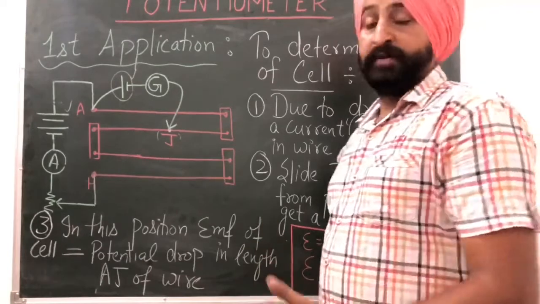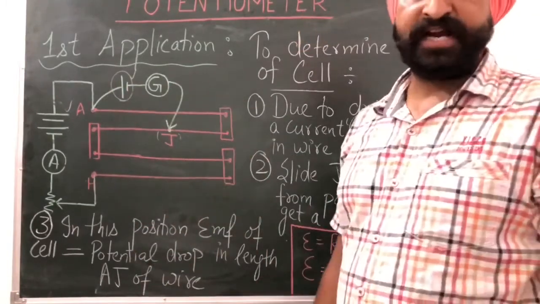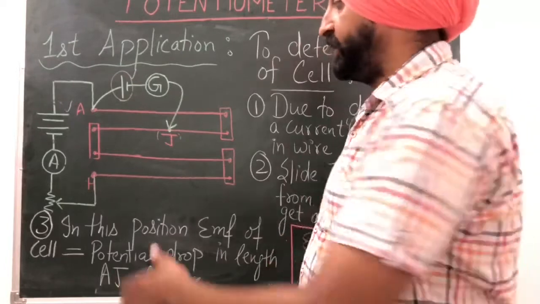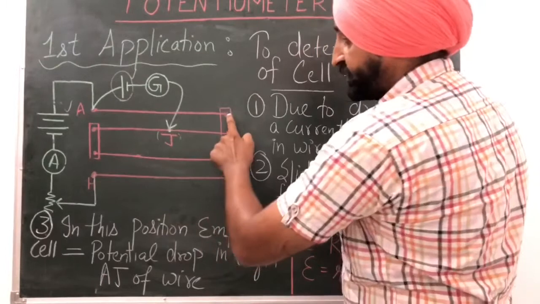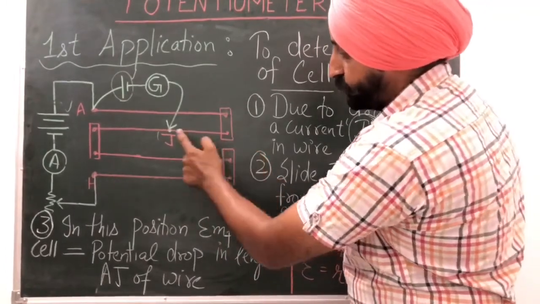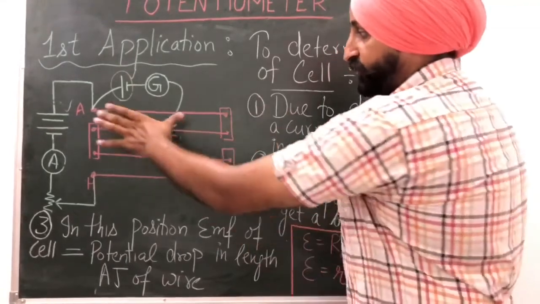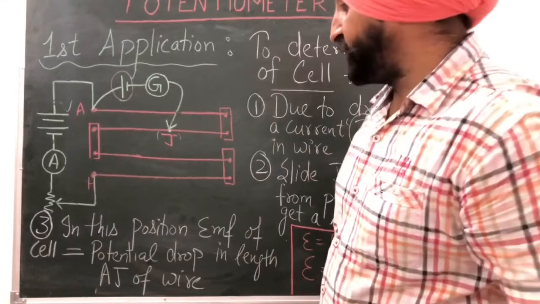See how we will be measuring AJ. We will have a scale over here. From that scale we can easily calculate the length A to J. We will be measuring here to this point. This will be 1 meter, and then we will be counting from here to this length. So we will add 1 meter and this length, and that will be the length of wire AJ.